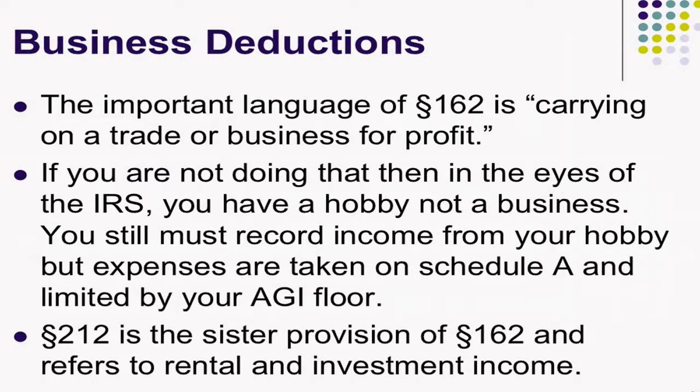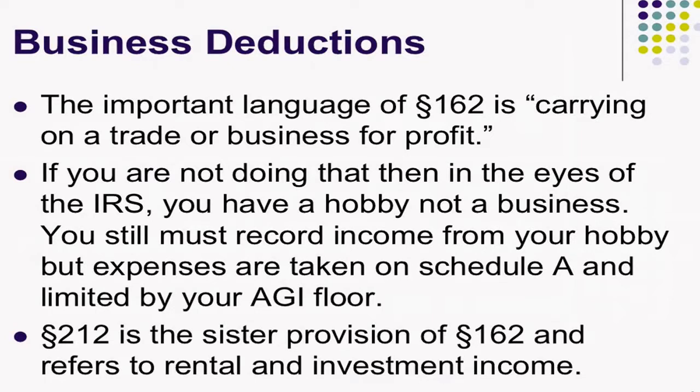Expenses for a hobby are taken on Schedule A, and if you have seen Schedule A of your own income tax returns, I'm assuming some of you itemize and use Schedule A, it's subject to an adjusted gross income floor, usually around 2%, which means that your expenses are limited by that floor, unlike business expenses. So the IRS says, yeah, we'll let you pick up income. Nice of them to let us do that. And we'll let you take expenses, but we're going to subject it to a floor if you've got a hobby business and you're really not out there to try and gain wealth from conducting a trade or business.